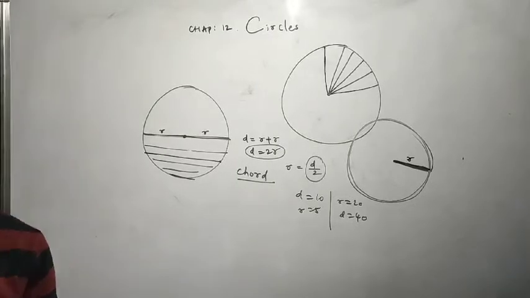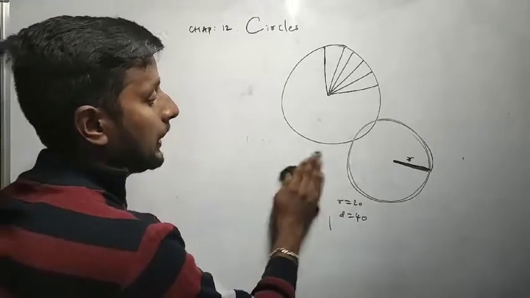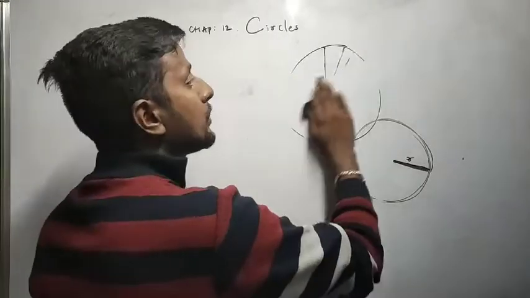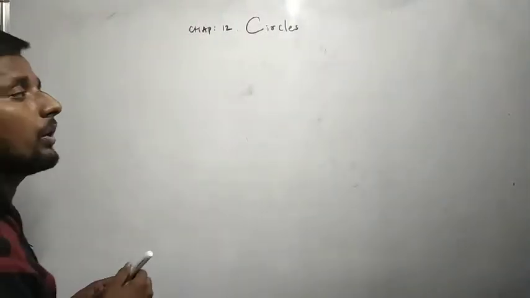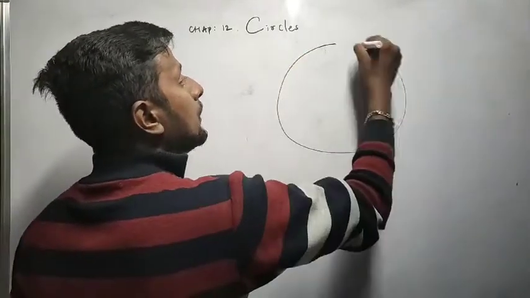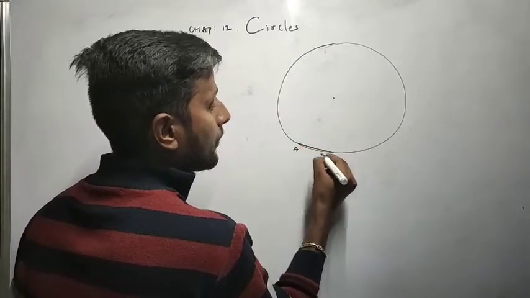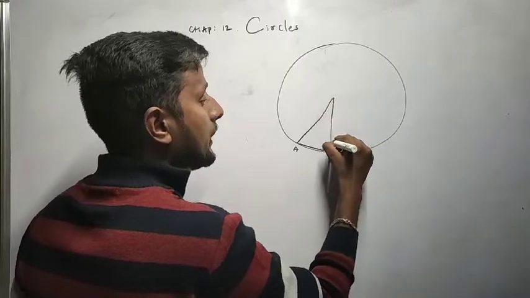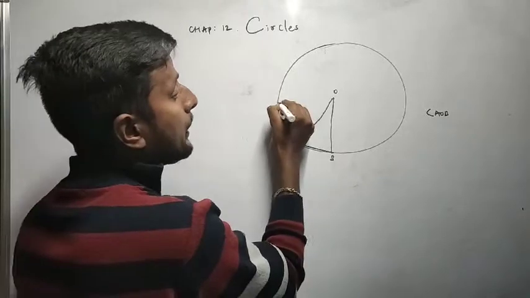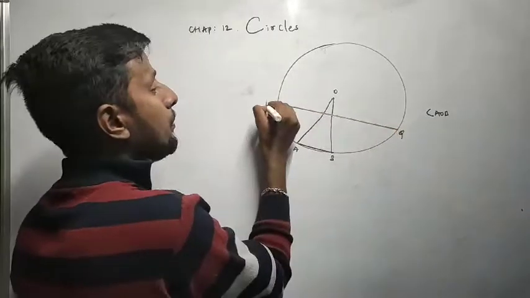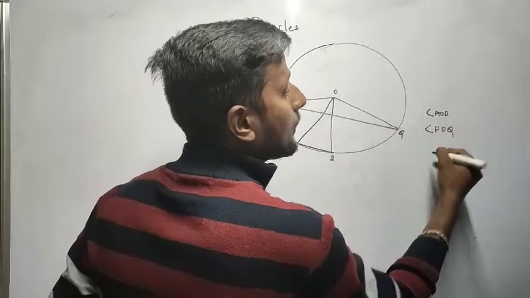Next, if you measure the radius anywhere in the circle, it will have equal length. Don't get confused, the radii of a circle are all equal. Now think of the center. I have taken a chord AB and joined it to the center. Now AOB is an angle, correct? Take another chord PQ and join it. POQ is also an angle, correct?